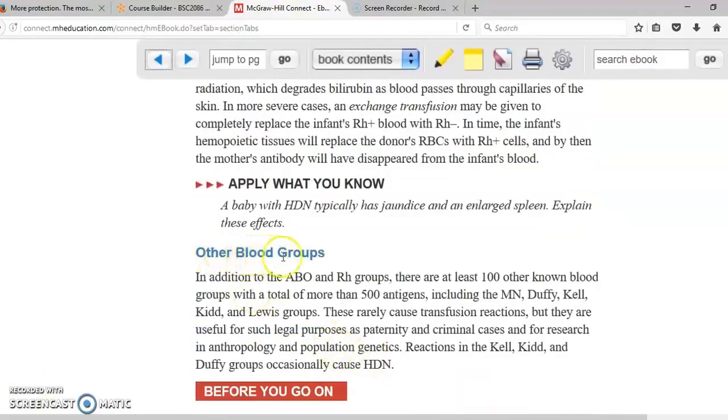Other blood groups. Besides the ABO and RH groups, there are some other ones that you can see: Kell, Kidd, Duffy, and these also may create, as you can see here, hemolytic disease of the newborn, unless you check and make sure that you verify that the parents are not at risk for hemolytic disease of the newborn if they have a baby. Because again, if you get the wrong combination, then obviously the blood is going to get